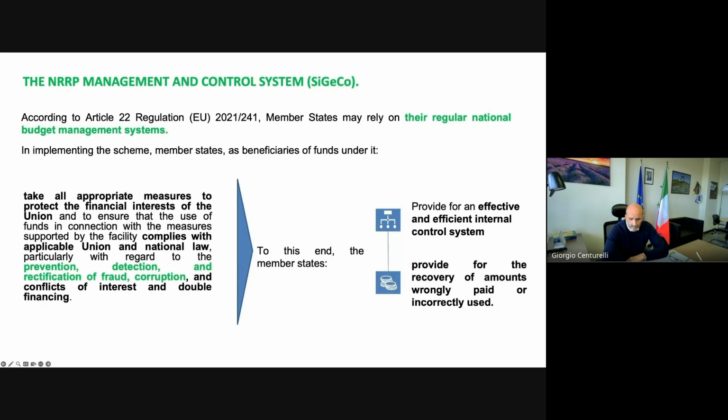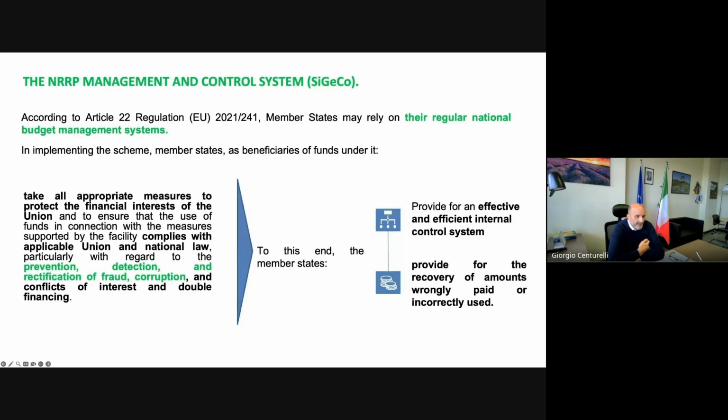To cover all the rules, to give assurance to the European Commission and the European Union on the correct use of financial resources and budget, and to guarantee respect of sound financial management, Article 22 of the RRF Regulation 2021/241 provides a mandatory obligation